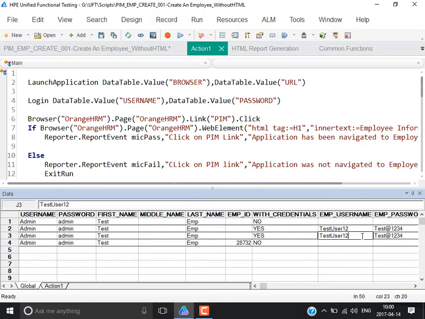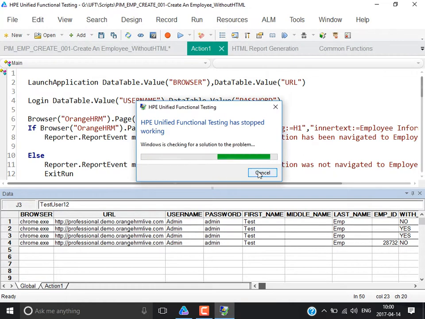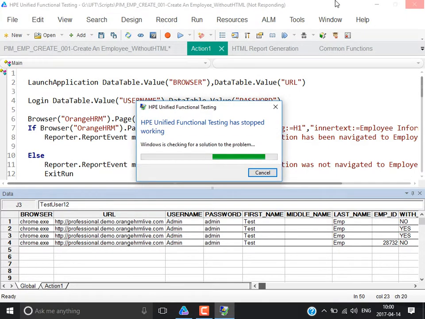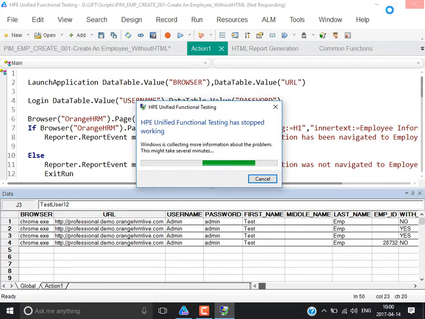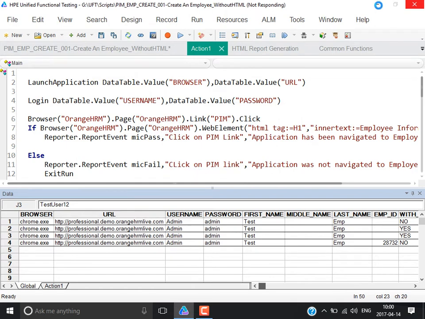Now, the first combination is without credentials. The second combination is with the credentials, and another one is user defined employee ID, and another one is,